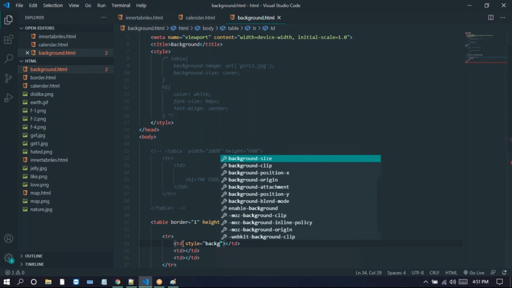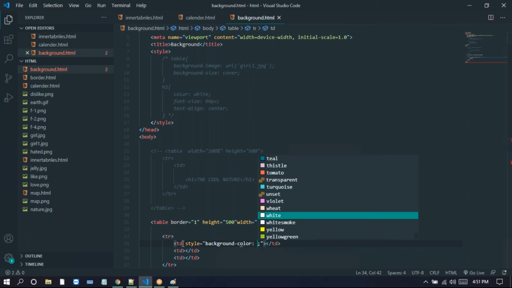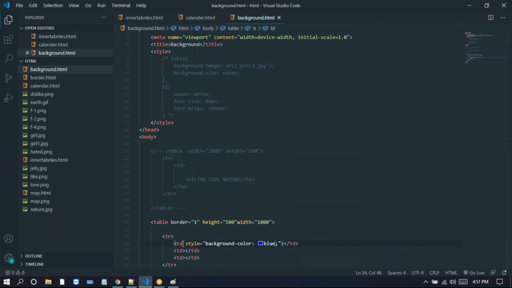For this background color, I'm just taking blue. Here I'll just copy this style, and we can paste it instead of this one.